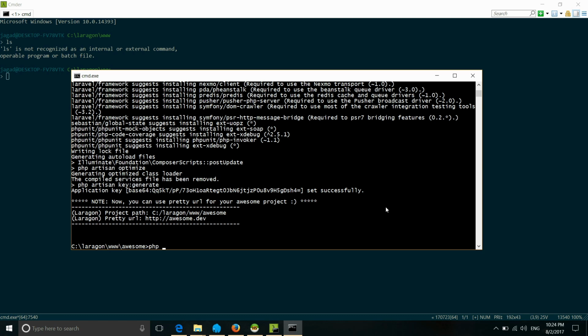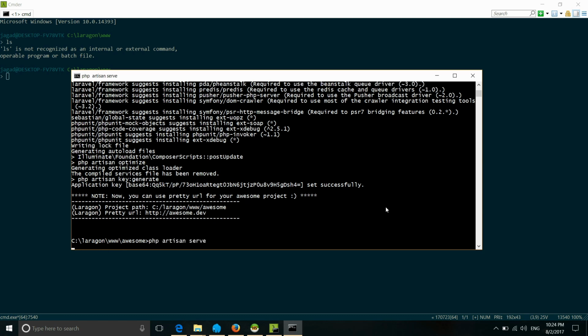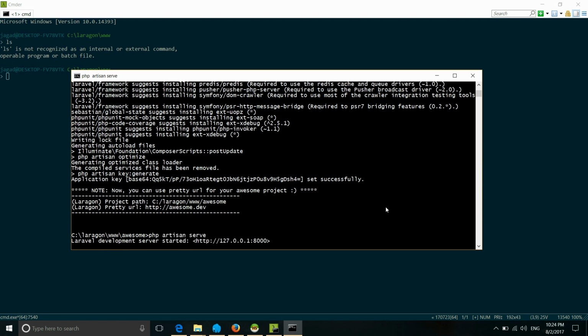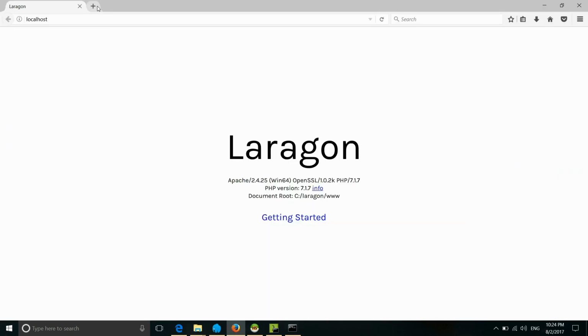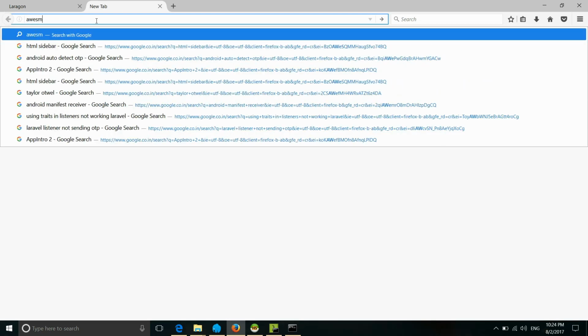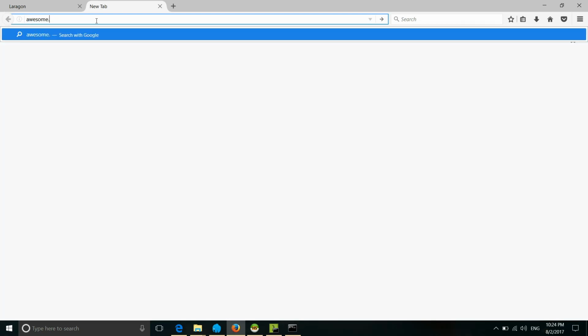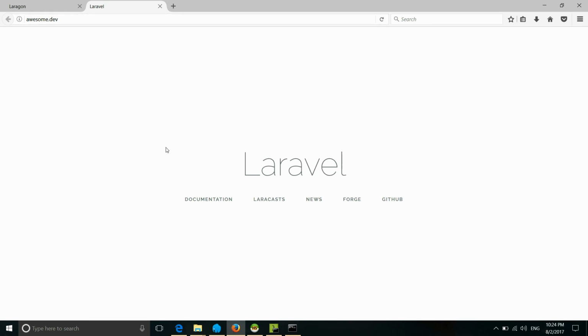Basically we used to do php artisan serve and it would serve on localhost:8000, but you don't need to do that anymore since Laragon automatically creates a virtual host. We can now open our browser directly and go to awesome.dev, and we have our Laravel application.